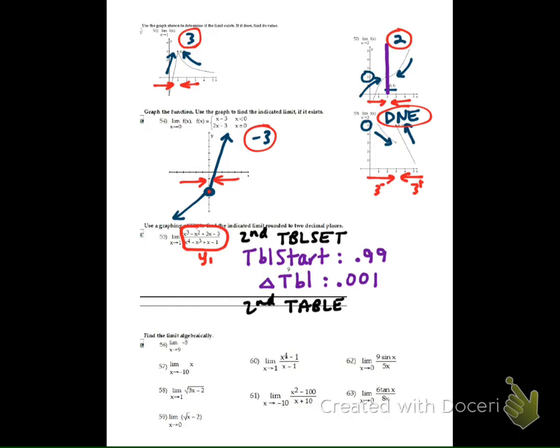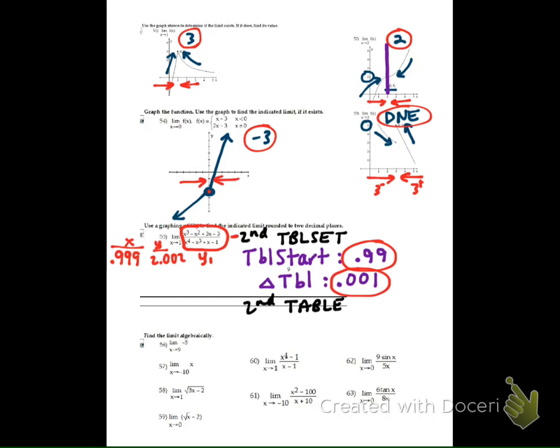So I went ahead and I typed in my y1, and then I hit the following keystrokes. Second table set. Then when it prompts you to input the table start, you'd input 0.99. The change in table, input 0.001. So basically we're starting at 0.99, just to the left of 1, and then we're going to adjust the table every 0.001, and then second table will actually allow us to see the table, and then we could clearly see that when you get down to the 0.999 part, that's for x, then the y value is